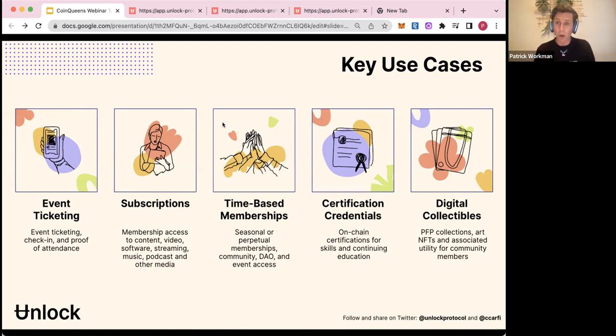And this holds true whether you're a small local business, a Shopify merchant, or at the scale of Netflix. I've already mentioned time-based memberships. That's really our jam. Other use cases would be certifications. Think about your driver's license. I live in New York. The state of New York could have a contract that all driver's licenses lived on, and there'd be an expiration date there. If somebody wanted to verify that this was your driver's license, all they would need is that contract address and your token on it to verify that, yep, Patrick Workman has a valid token that lives on the New York State contract.